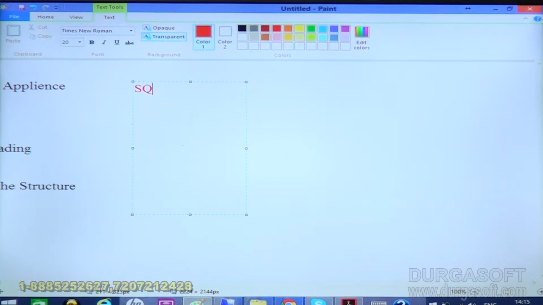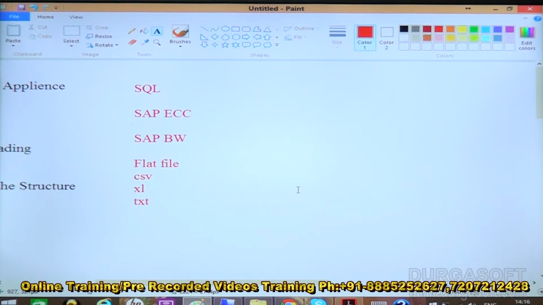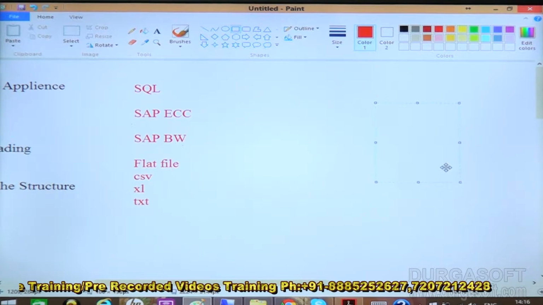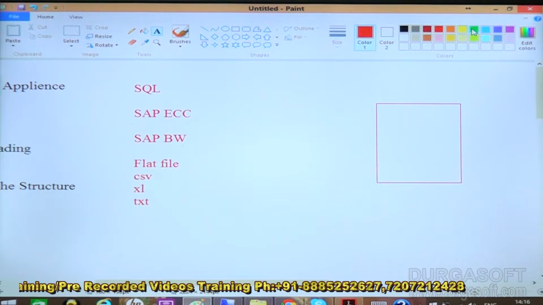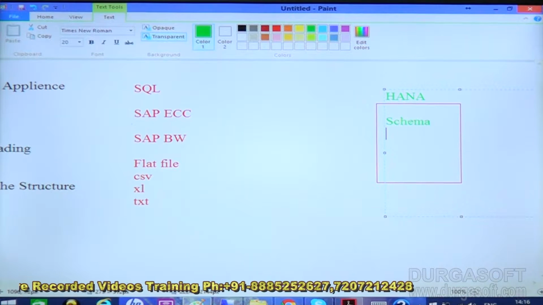Suppose I have a SQL Server, I have SAP ECC, I have an SAP system and some other flat file systems. It is CSV, Excel or text data. I need to load the data from this environment to the SAP HANA system. This is my HANA database, which has a certain schema.